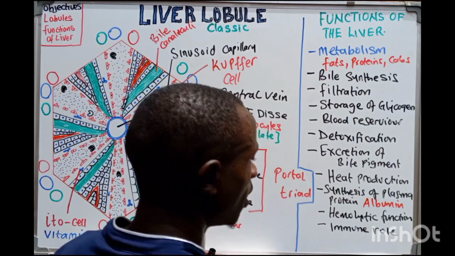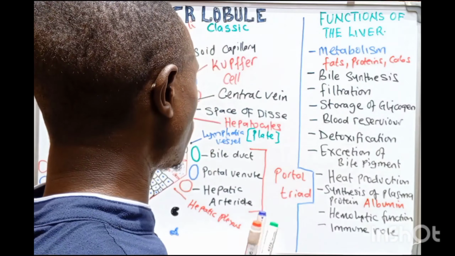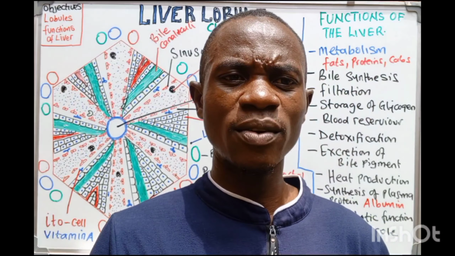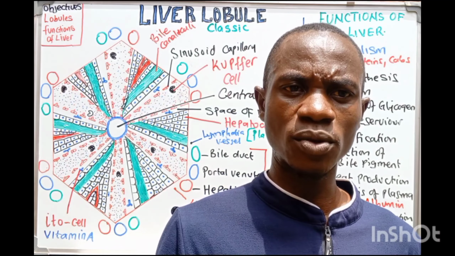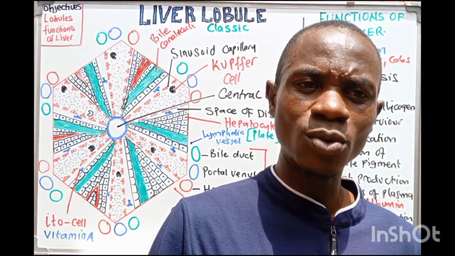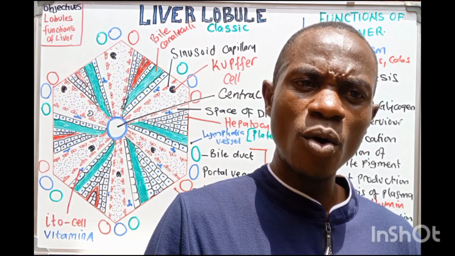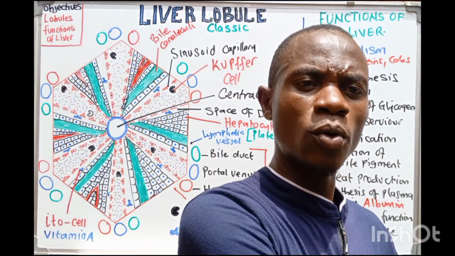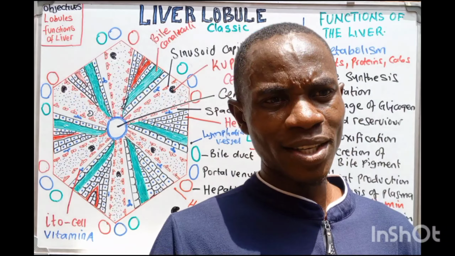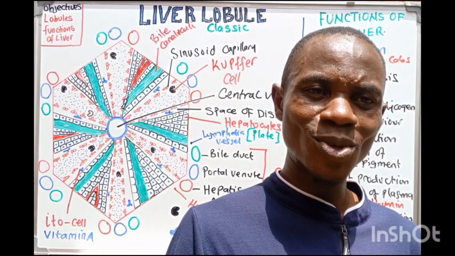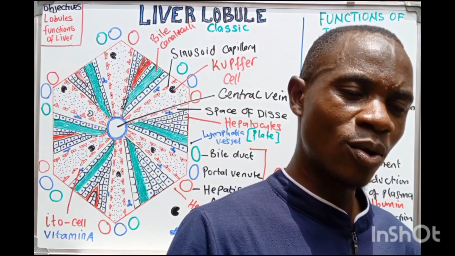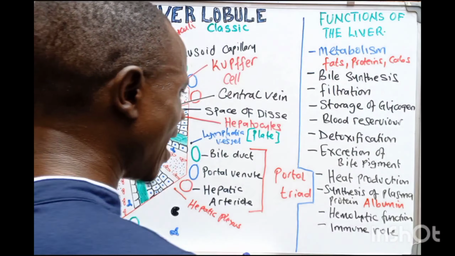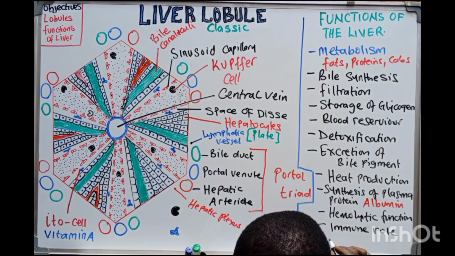Okay. So now another function of the liver is going to be what we call the immune role. Okay. So now when we talk of the immune role, because we said that the liver has what we call the Kupffer cells, that break down any kind of pathogen that has been absorbed with the food. So now in that way, the liver is making sure that all the pathogens are broken down before the blood leaves the liver to go into the general circulation. Is the liver not doing an immune role? So now the liver also plays an immune role with the help of the Kupffer cells. Okay, and then the last one is going to be what we call